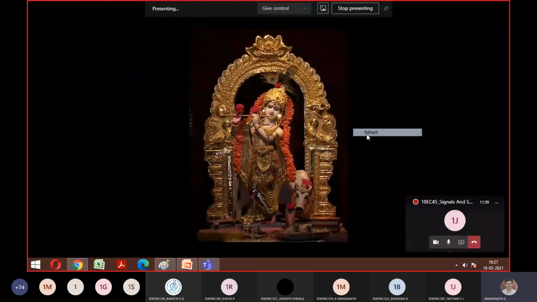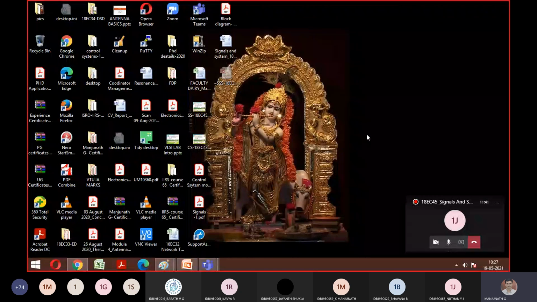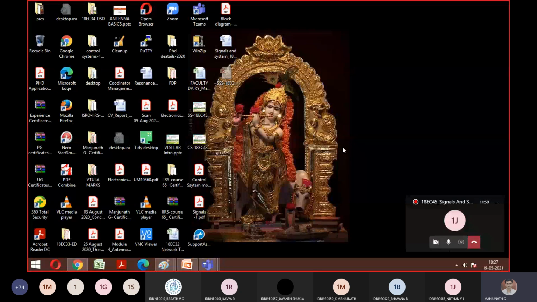See, only this module number one is bigger. That is why it has taken more time, because you can see how many problems, how many methods you have. From module number two onwards, the syllabus coverage will be faster because there are not many concepts like the first module. So you can finish things sooner. Don't worry about your syllabus.